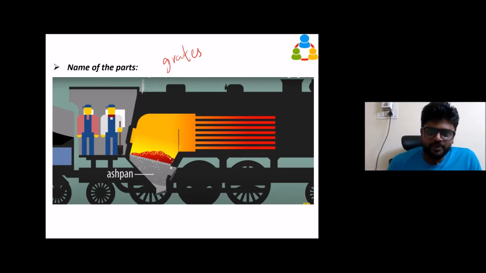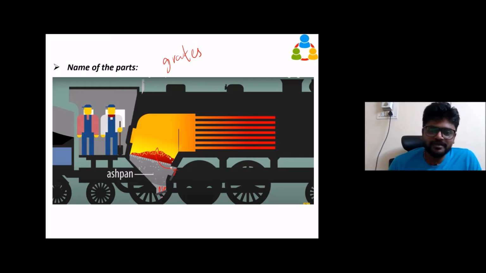Whatever waste is produced by the coal, since the coal is burning, ashes will be produced. Those ashes will be collected in this ash pan, so it's getting deposited here. And this door is used to allow the oxygen, that is atmospheric air, inside, so that our fire won't get turned off. You know very well that fire needs oxygen, right? Otherwise it just goes off. So we need oxygen, and to allow the oxygen to come inside, this door acts like that.